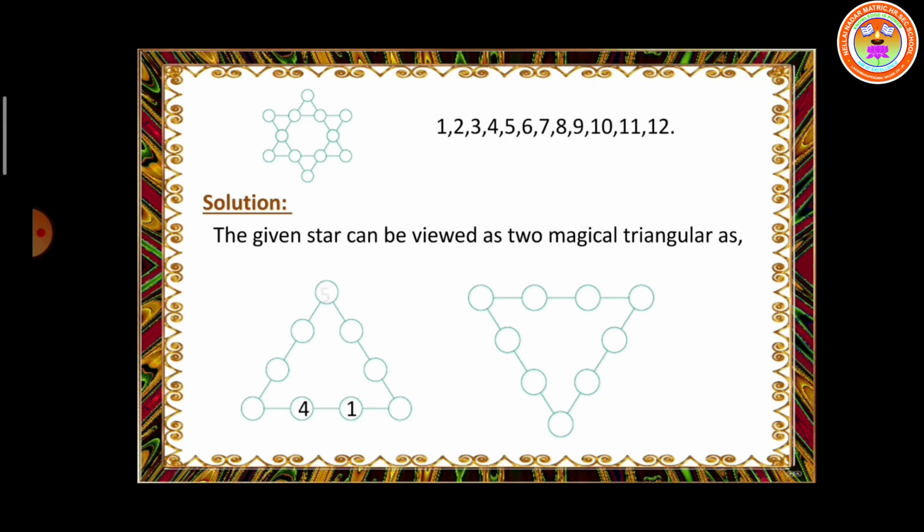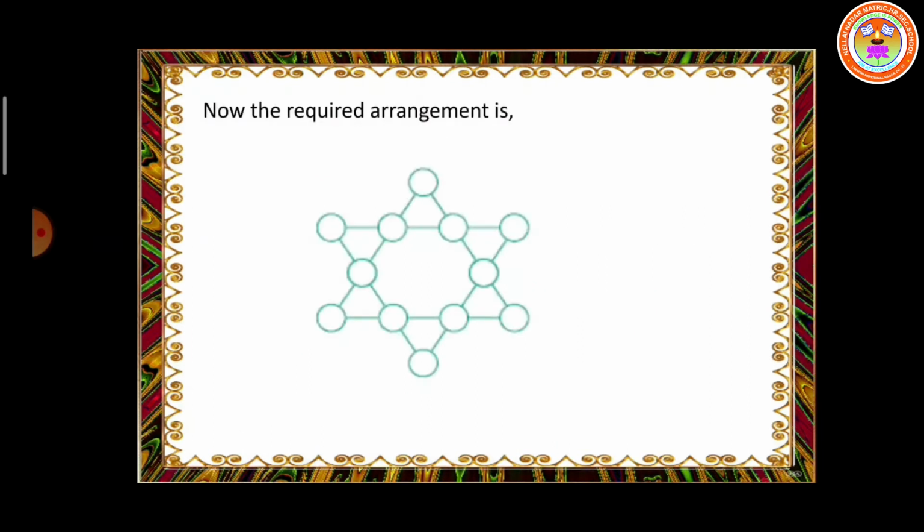4 plus 1, 5. 6 plus 3, 9. 2 plus 10, 12. Same like here. 6 plus 2, 8. 10 plus 1, 11. 3 plus 4, 7. Can you understand? Now the required arrangement is